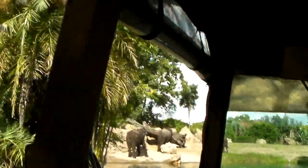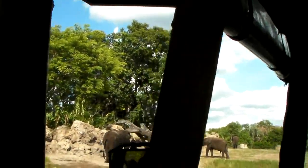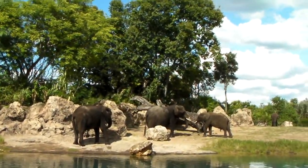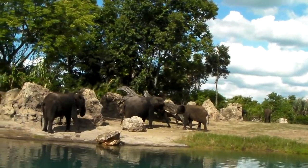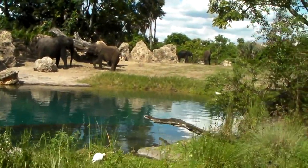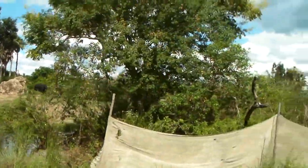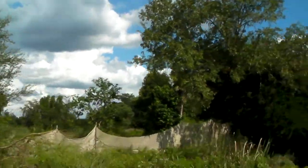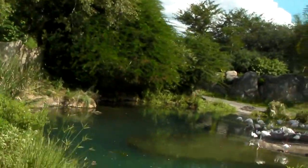There's another herd of females. Female African elephants will travel together in herds with their calves. The males are usually solitary. Now you see the cows over there? They look like they might be between the ages of 5 and 6. A little older than that baby we saw earlier, but you can still see they're not quite fully grown yet. It takes them 13 to 15 years to reach full size, which is actually 12,000 pounds if it was a